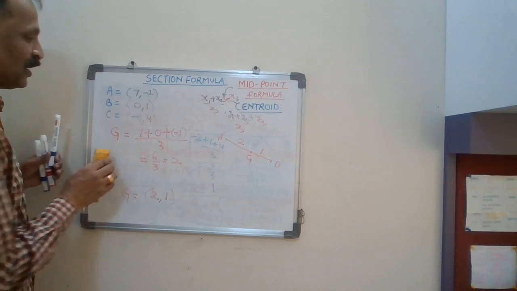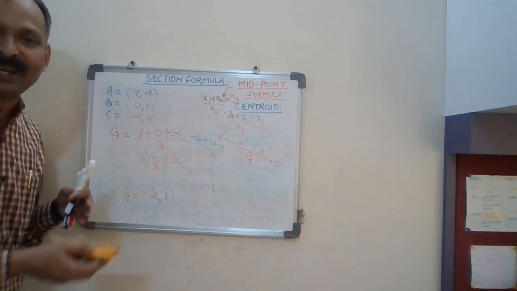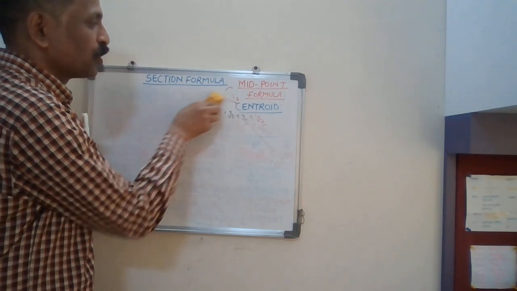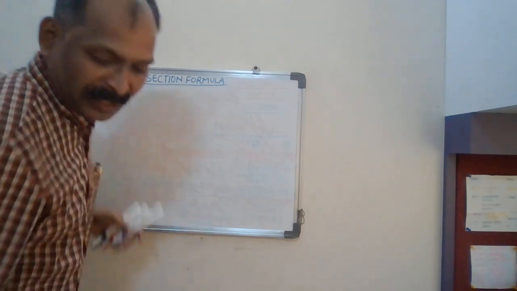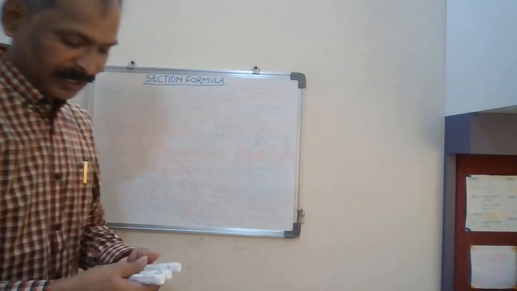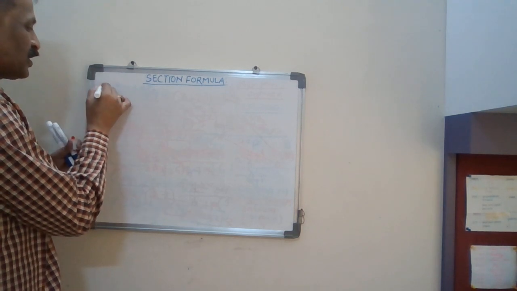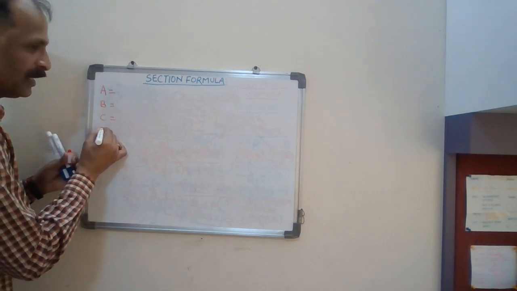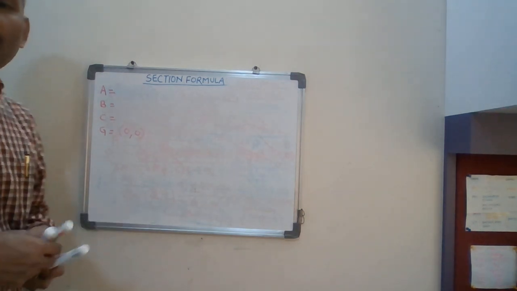Please excuse. So now this was the question where they were asking for the centroid, an easy question. Now they may give you the centroid and they may ask you for any of the vertices. You may find these questions in your textbook and you can try on your own. So I am taking one last question. They have given you A, B, C and they have given you the centroid as the origin, 0 comma 0. Origin means 0 comma 0.